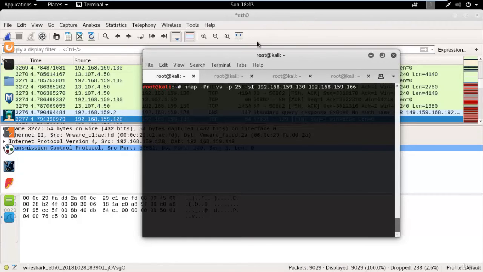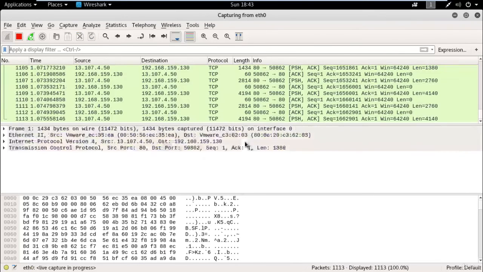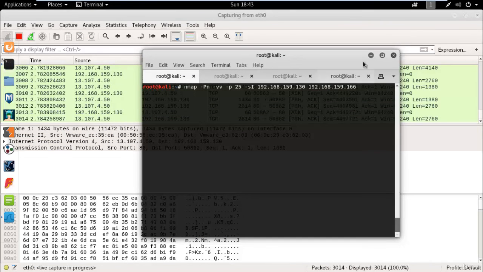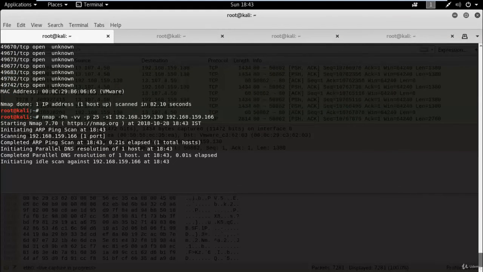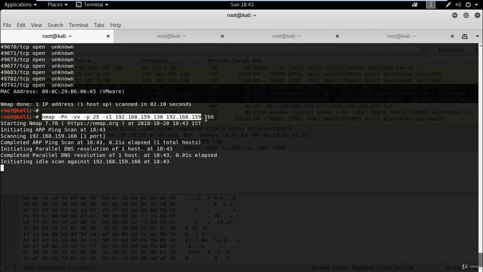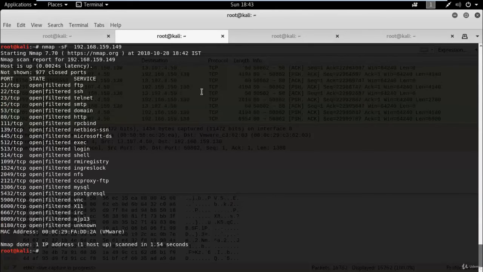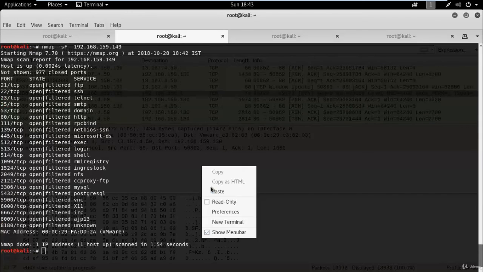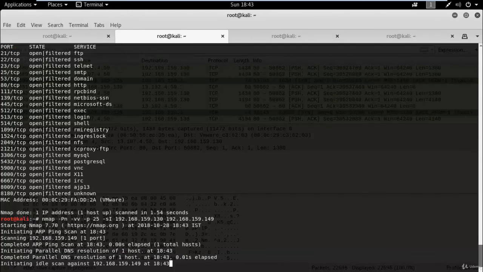So let me run the idle scan. Run Wireshark first and press enter. Let me use .149 also.